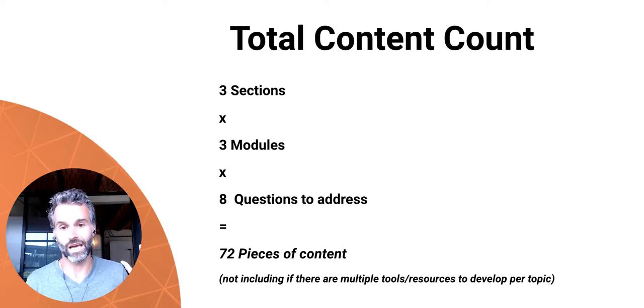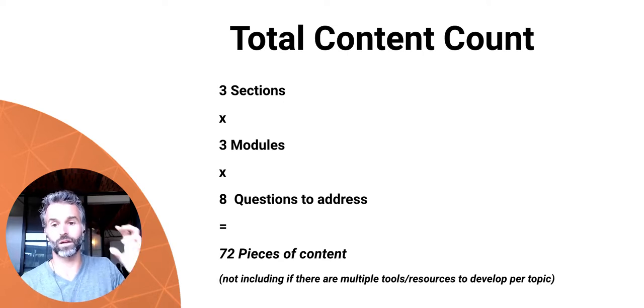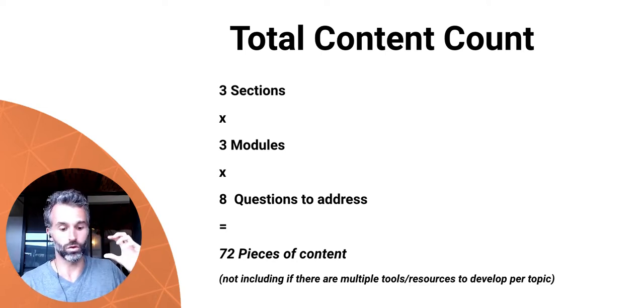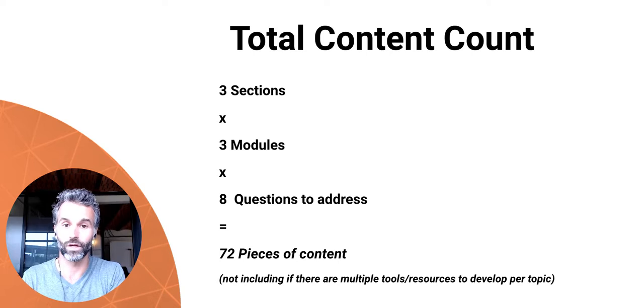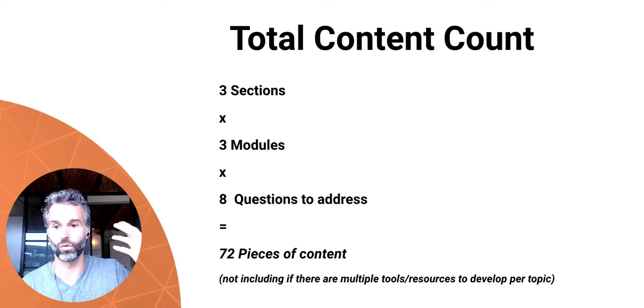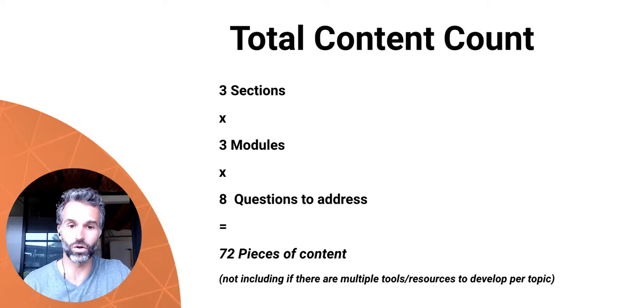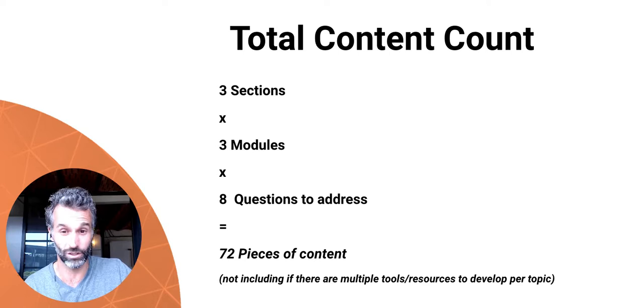So even if you take it at its most bare bones, and say you frame it up as an online course, and you say personal branding or Google Ads or creative copywriting or graphic design has these three sections. You come up with 3 modules that happen within each section, and then you have your 8 questions. So why it's important, how it works, examples of good, examples of bad, all those questions we just went through. If you combine those all together, that gives you 72 pieces of content on that one subject matter. And if you're aiming to put out one great piece a week or one big piece a week, that's over a year's worth of material.